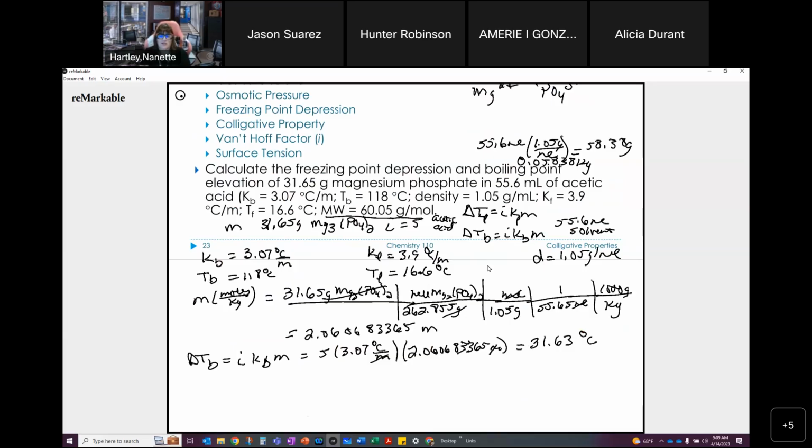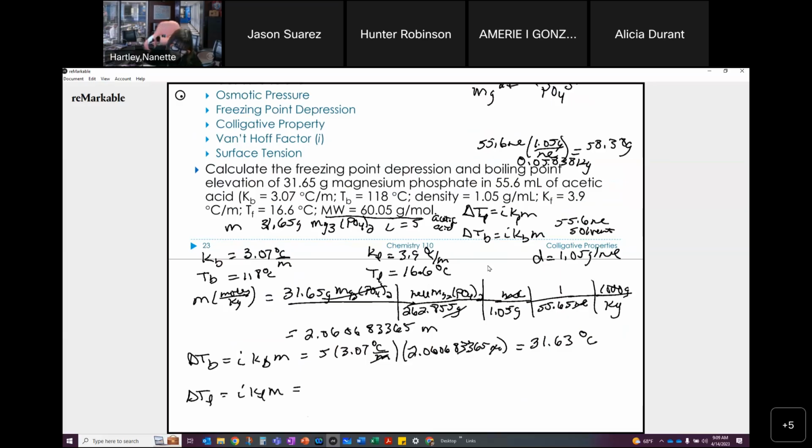All right. And I wanted the freezing point depression and the boiling point elevation, which means that I'm not looking for the new boiling temperature. I just want that change. Okay. So I've calculated my change. That one's done. If I want to look at delta TF, that's